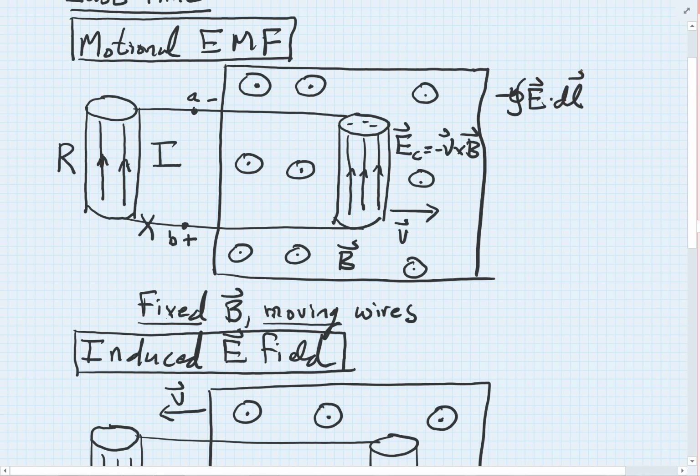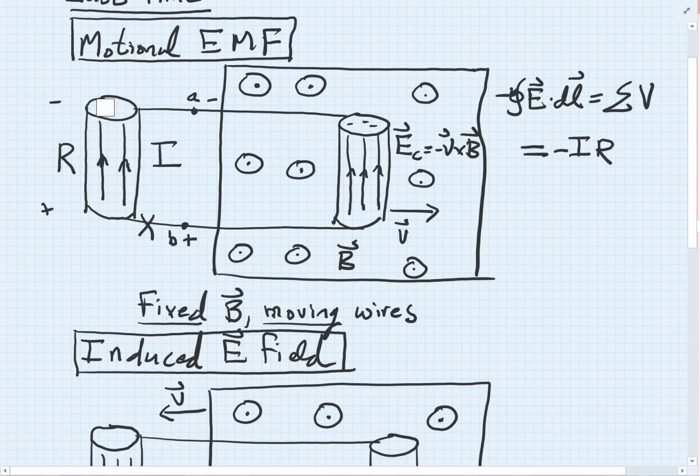And we know that when we do that all the way around this loop, through these wires and through the moving wire over here, the conductor, the perfect conductor, and over here through the resistor, that we're doing really nothing other than adding up the changes or adding up the voltages as we go around that loop. Now, in this case, what we find is that, say I start at location X, I go through my resistor along the direction of the current flow, so we know what that will give us. That will give us minus I times R, a drop because we are going with the flow downstream through that